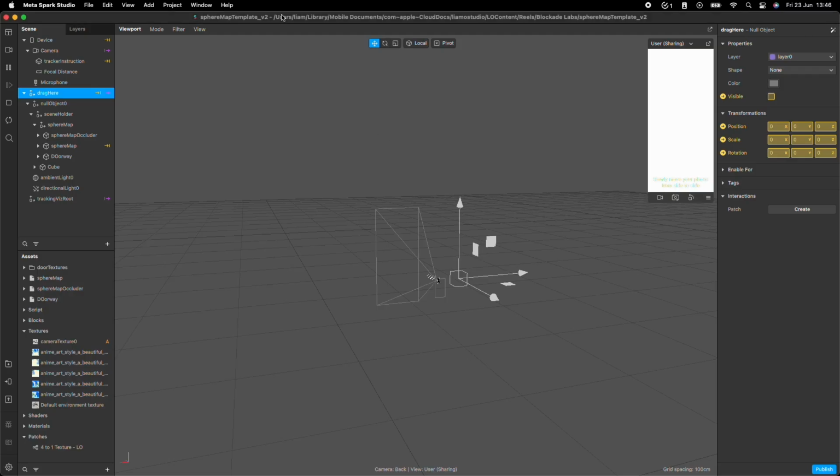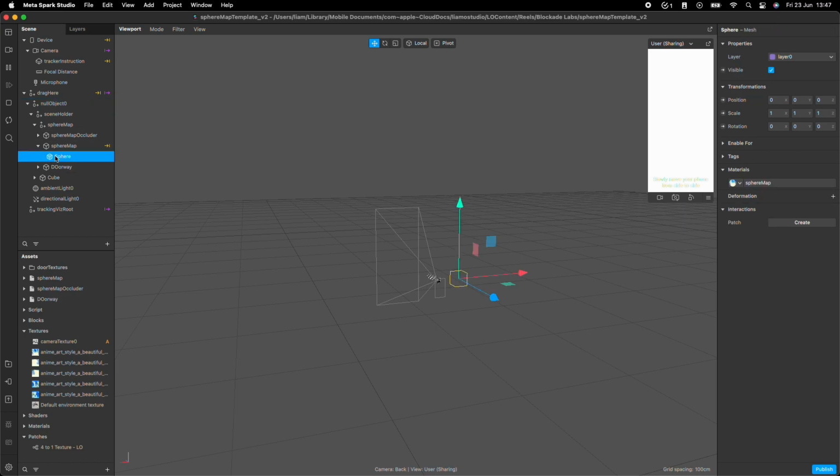Okay, so welcome to the spheremap template. This is based on the multi-plane template from within Spark AR. So what I've done instead is I've dragged in here the spheremap objects, and this will be everything you need for this template. So what we're going to do is, we've got this sphere here,